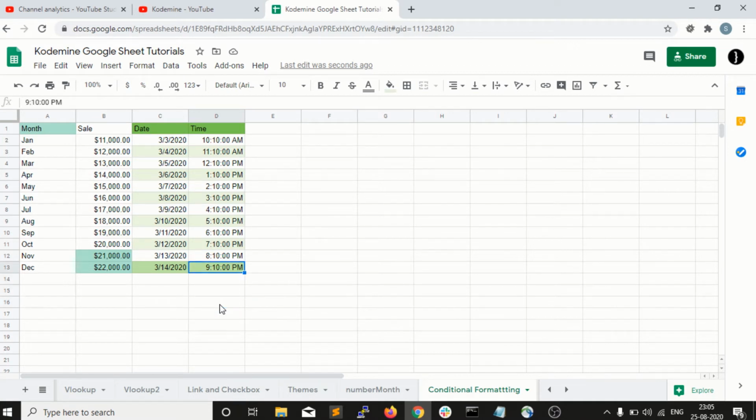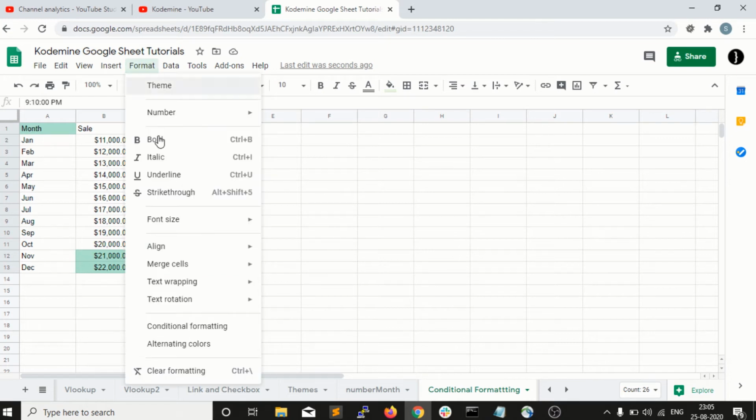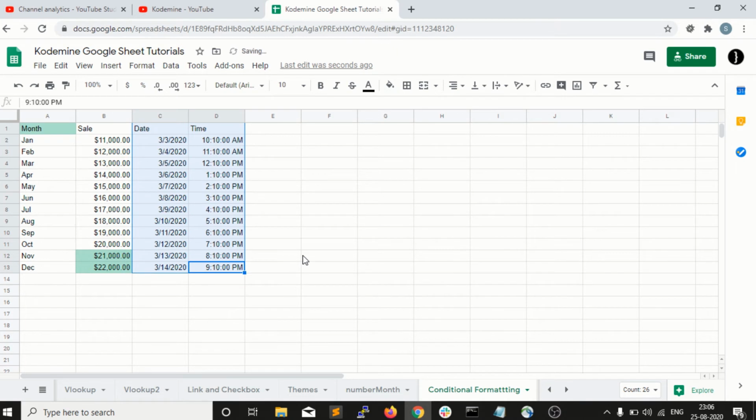Just select, for example, I want to remove the formatting of these C and D columns. How can I do that? It's very simple. Just select the C column and D column and go into your Format, then select the last option, Clear Formatting, or you can use a shortcut as well, Control Slash, right? It's given here, right? So I am clicking on Clear Formatting and you guys can see here automatically my formatting